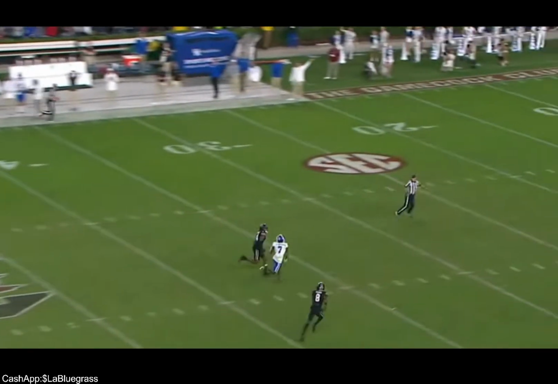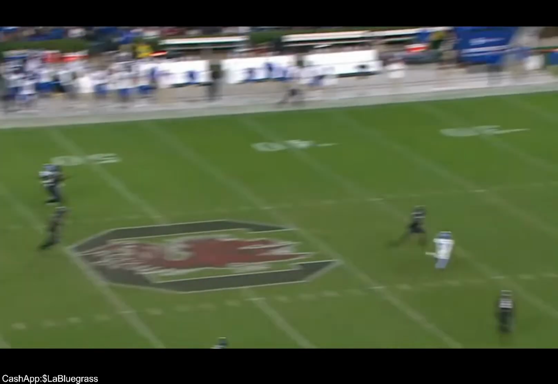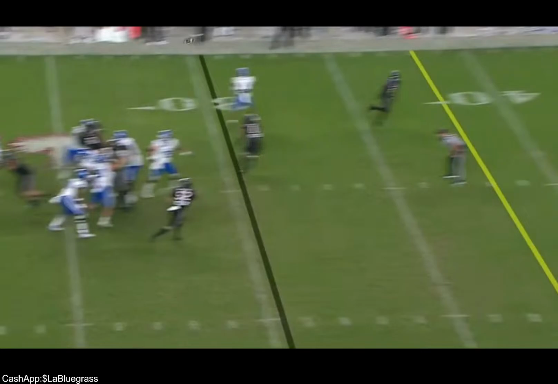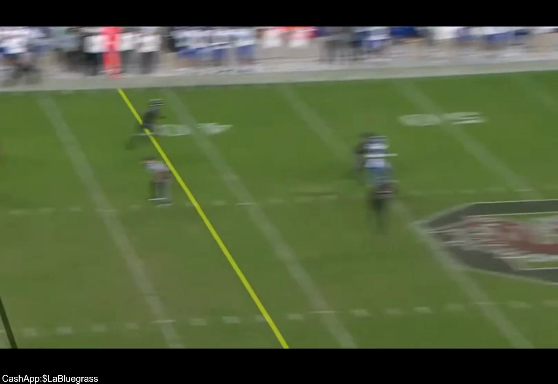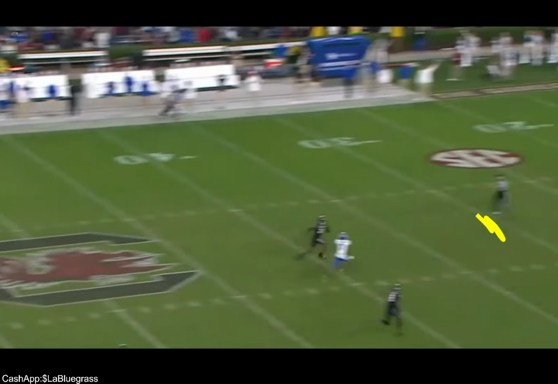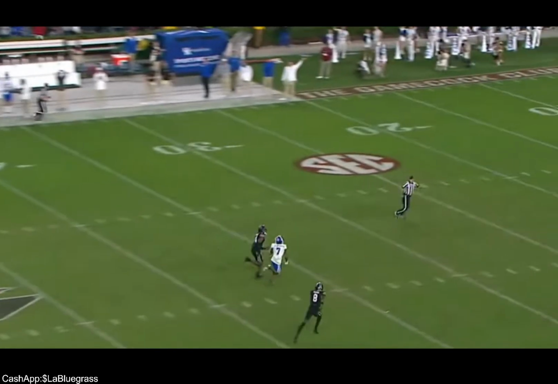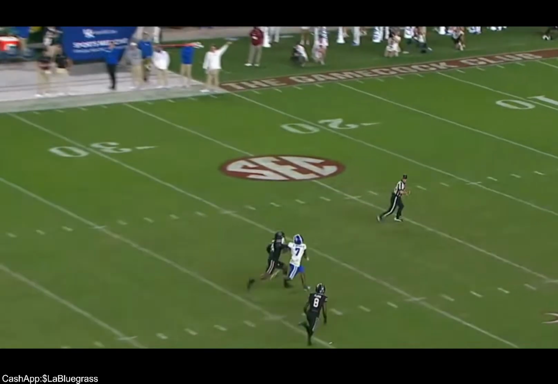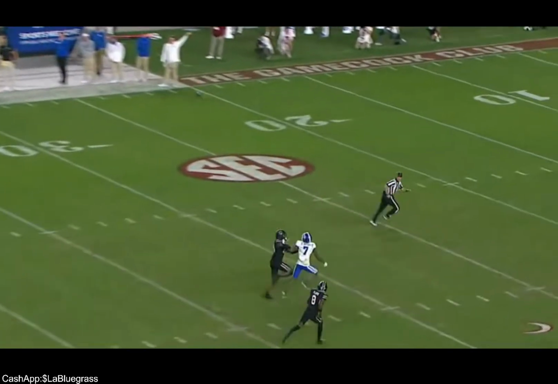Now this, y'all, it's again the ability to track the ball. There's some separation here. That ball is thrown somewhere in here. Why does Barion Brown go and hit the DB? Why does he worry about him?